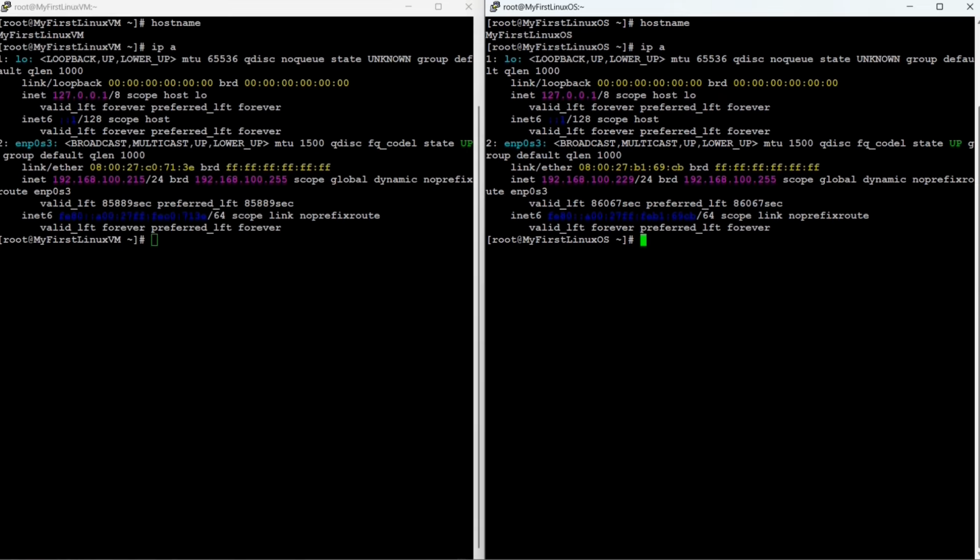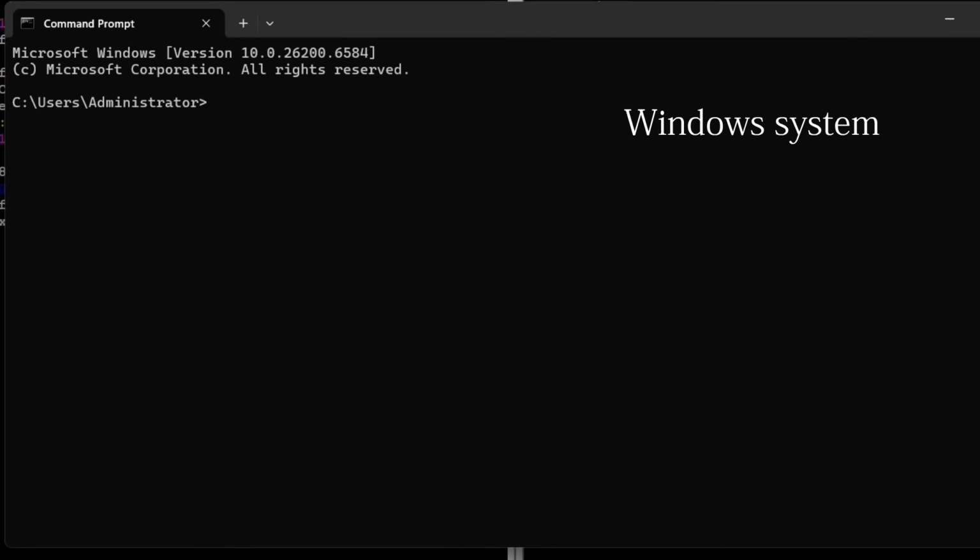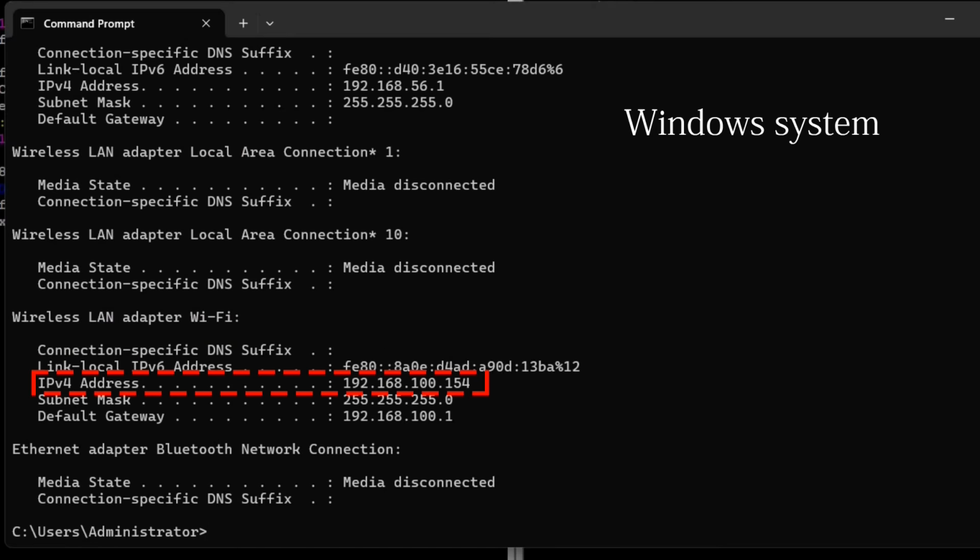Along with these two Linux servers, we also have a third machine, which is a Windows system. The host name of this Windows machine is Imran, and its IP address is 192.168.100.154. This Windows machine is not part of the cluster, but it will be used as a client to test